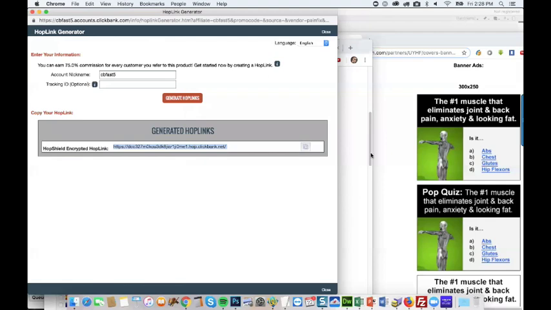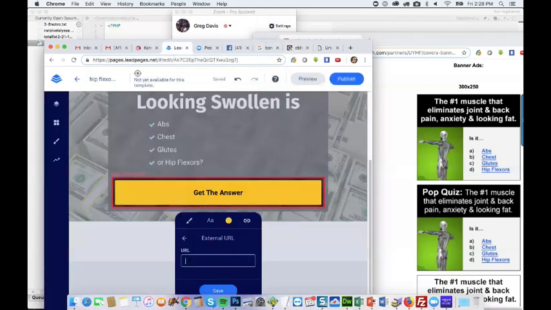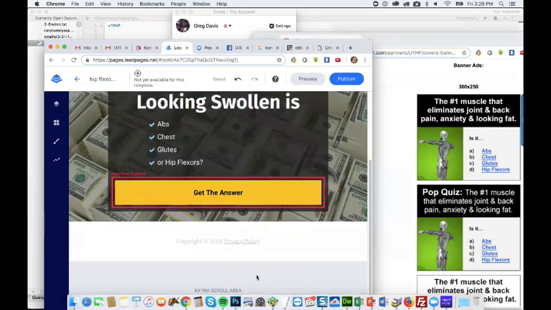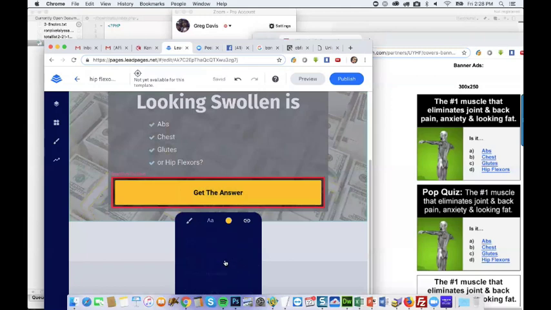So we're going to copy that and put it in here. All right, so we got that. So now when they click on that button, it'll go to that link.